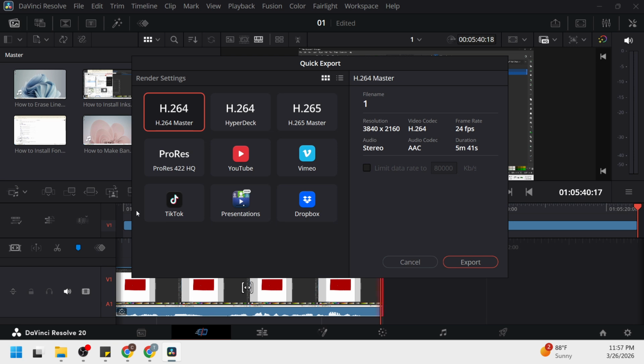When the Quick Export window appears, you'll see preset choices. Select either the YouTube preset or the H.264 master preset. The YouTube preset is designed to produce an MP4 file that plays nicely with YouTube's processing, using a balanced bitrate, the H.264 codec, and standard audio settings. It typically matches your timeline's resolution and frame rate, which keeps motion and detail consistent with what you saw in